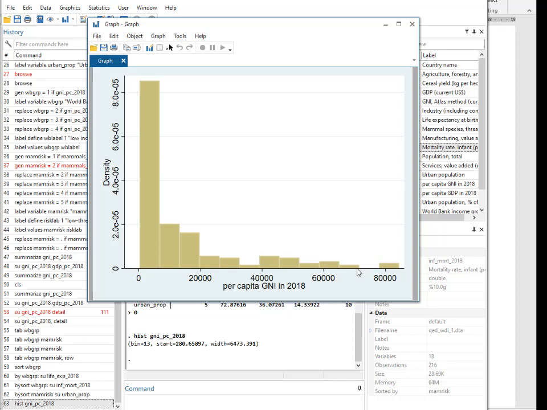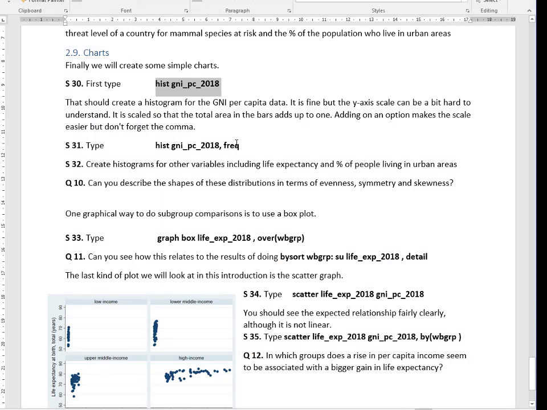So just a few countries with far higher GNI relative to the large numbers without that level. As I say in the notes, it's a bit hard to read this because it doesn't show you directly how many are in each category. It's really a probability distribution. It adds up to 1, so density, probability density. So all the areas add up to 1, which can be useful, but it's nicer if you have the scale that you can read easily. And as I say, if you put comma frequency,